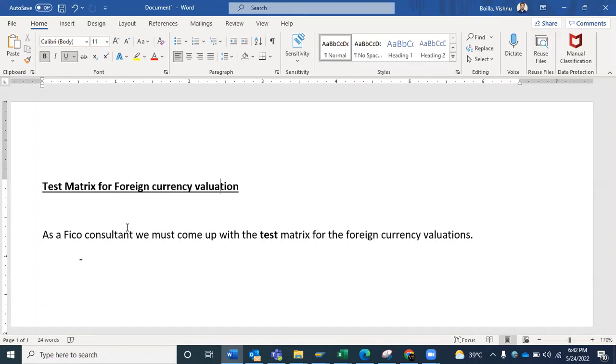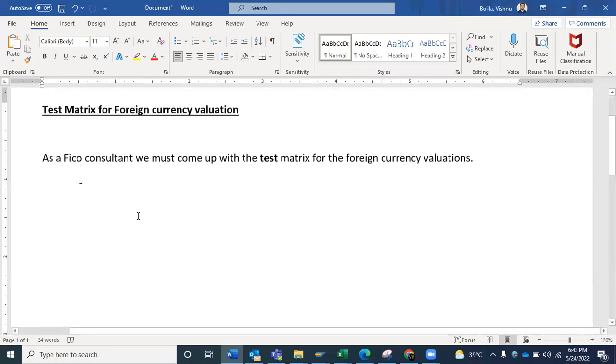So as an FI consultant, we have to provide the different scenarios to validate the complete foreign currency valuation process. Today, we are going to discuss the most common mandatory test matrix to validate whether foreign currency is completely working properly or not. Using this test matrix, we can identify the complete process. First, I will give the test matrix. Later, we can discuss each and every process. The first mandatory process is